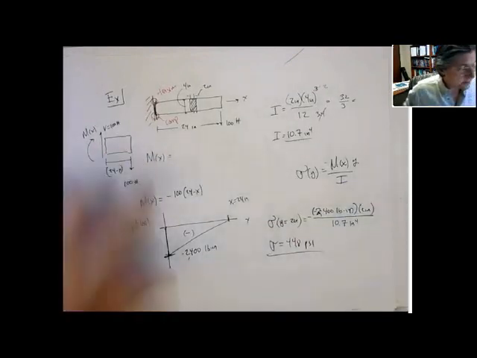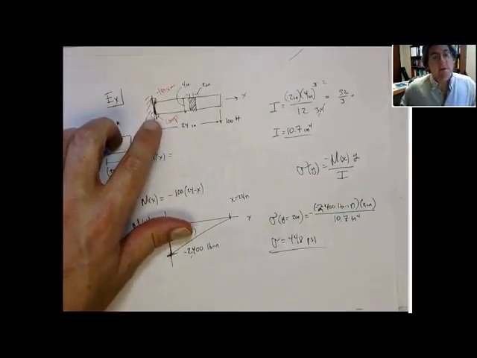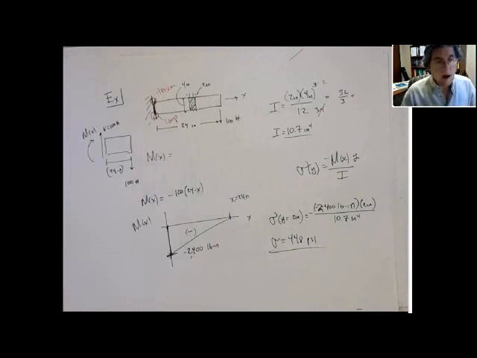Now the stress at the bottom side is going to be negative 448 psi. Okay? All right, that's the end of